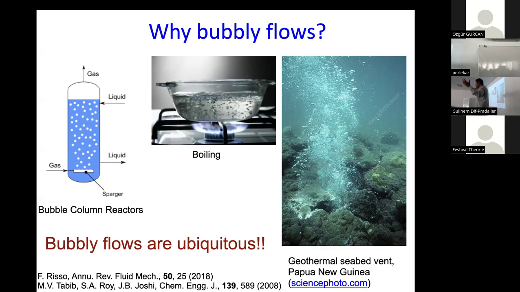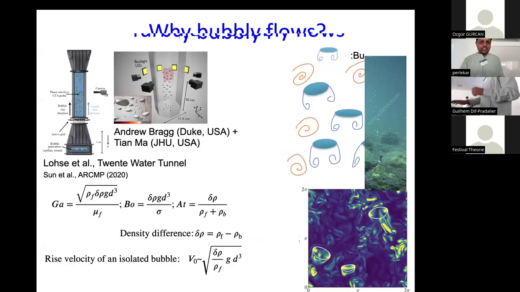Or are there regimes where in one regime you have one class of turbulence, and in another regime you have a different kind of turbulence? Does surface tension play any role in this system? Remember, there is a large density contrast between bubble and water, of the order of 1,000. So should I think about this system as compressible turbulence? But remember, the Mach numbers and everything are very small, so most probably the divergence of velocity is 0. There are lots of interesting questions which you can start to ponder about. And this is what we started to think about. So let's go ahead.